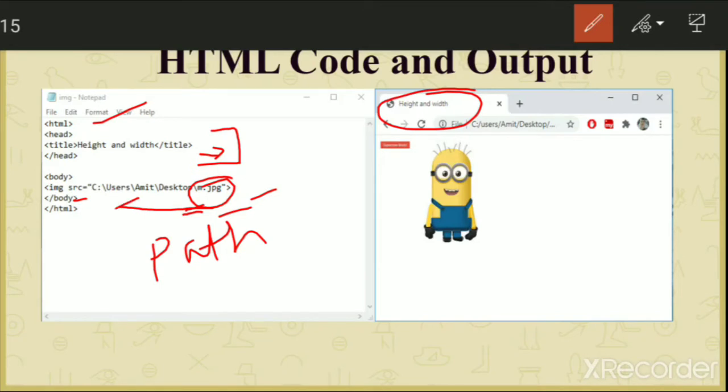After that, close the body tag, close the HTML tag, and save it with the name img.html. After that, just double click on the web page that is created, and when you run it you will be able to see this output. Okay, so this is the image that is inserted in our web page.